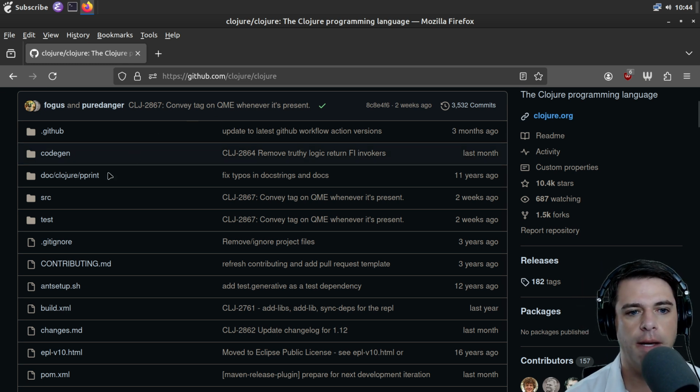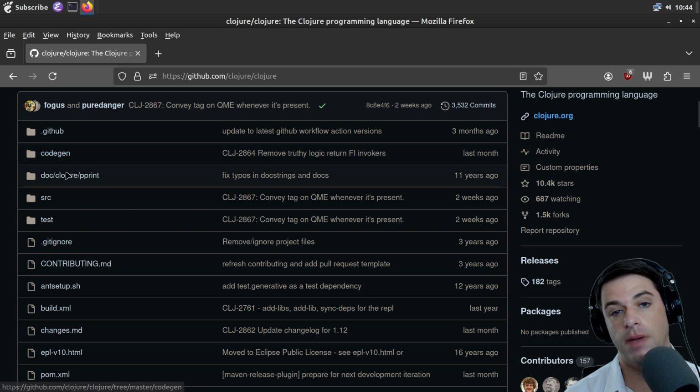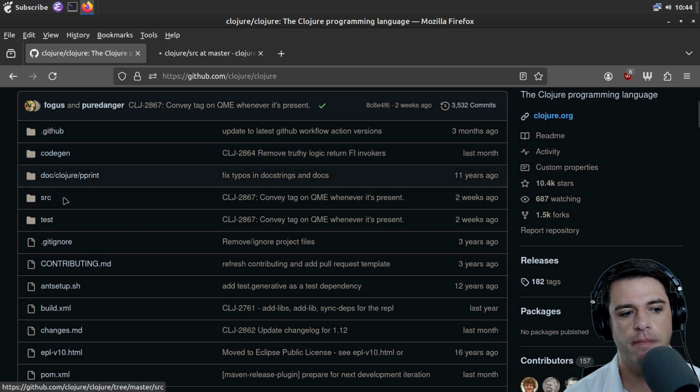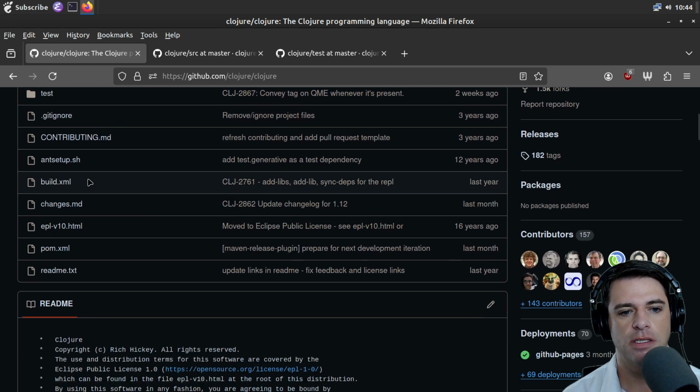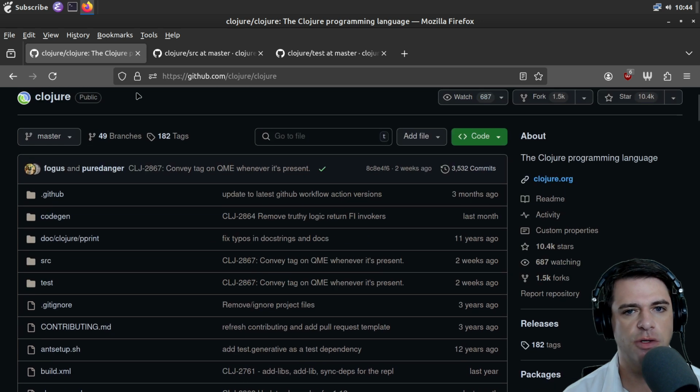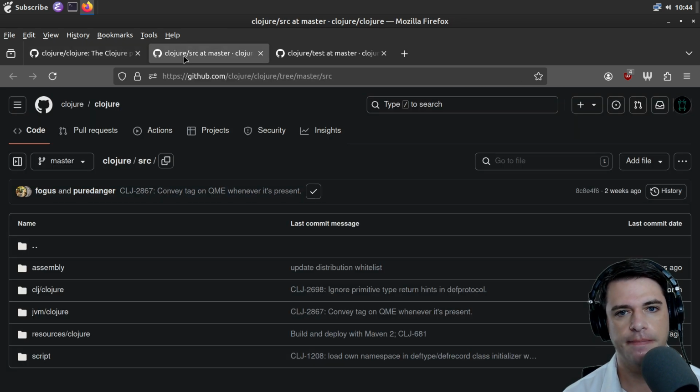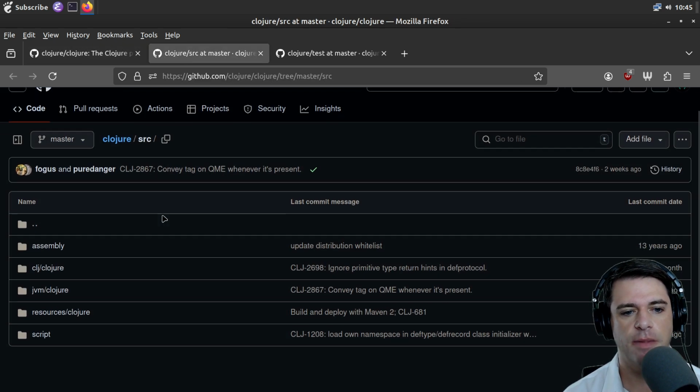Okay, so we have codegen. Codegen might be important. I don't know how much codegen they do. We also have tests. I'm kind of feeling like looking at tests, and then we have doc, whatever pprint is. I'm going to guess this documentation is mostly code-based documentation, and maybe that's not my thing.